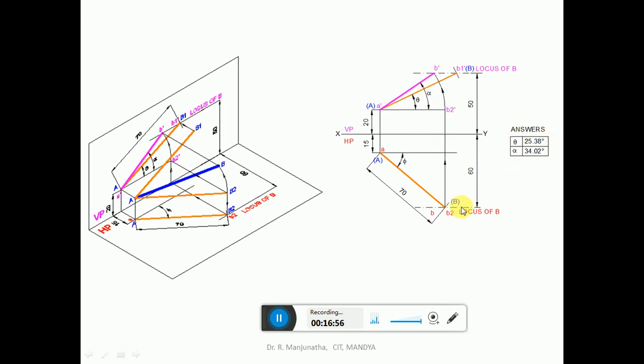So this is how we will be able to solve this problem manually. In the examination you have to write only the final solution, but for better clarity we are explaining in detail. This is also the corresponding stepwise three-dimensional sketch.